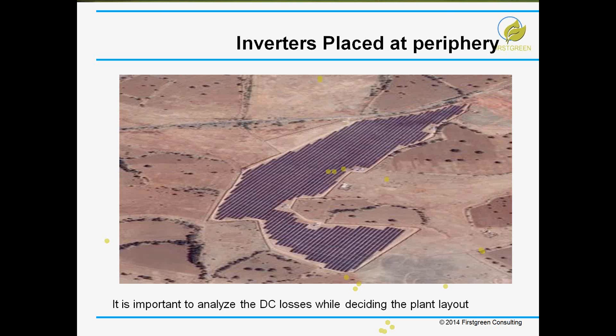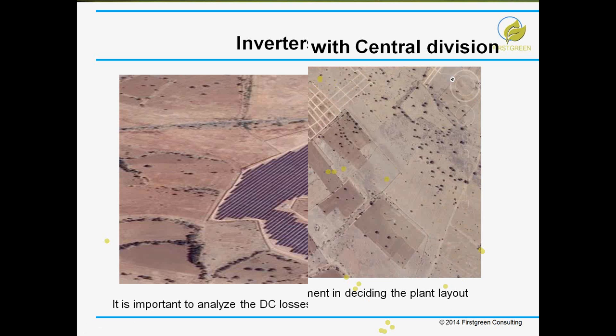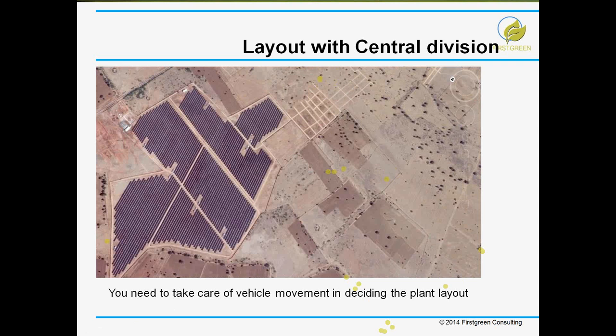But the problem is, if you want to clean your modules and take a tractor or something, approaching over such small distances will be difficult. Maybe you have to put hose pipes, or you have to put a water arrangement in your solar field. Again, in this design,